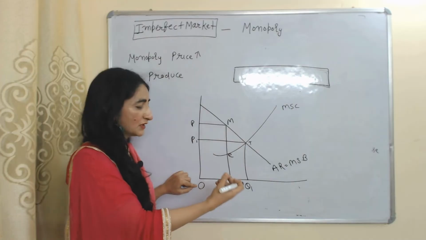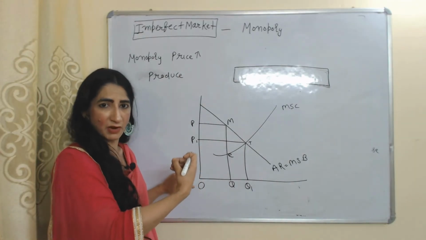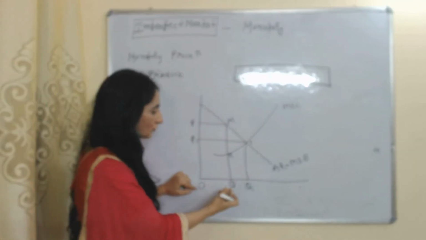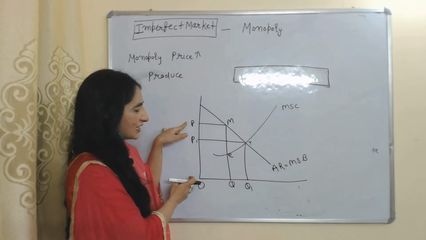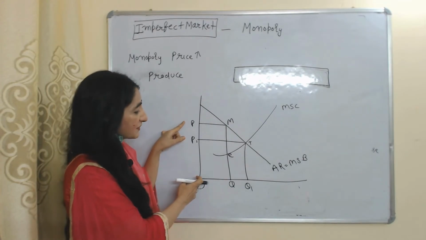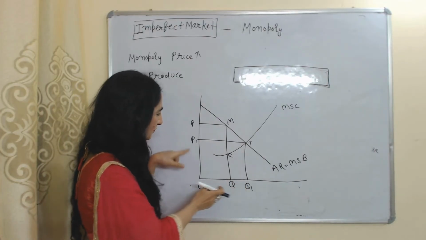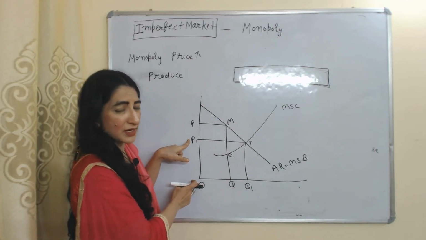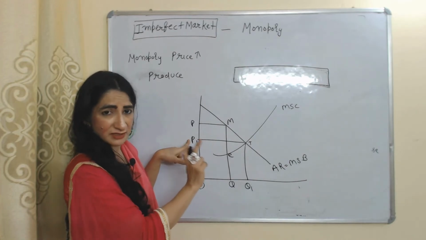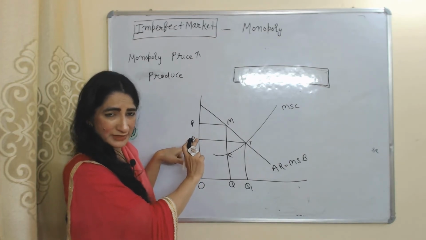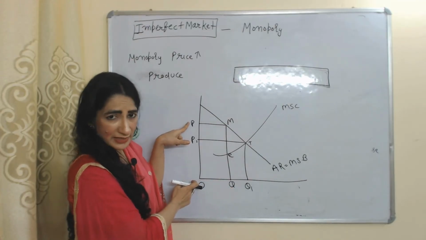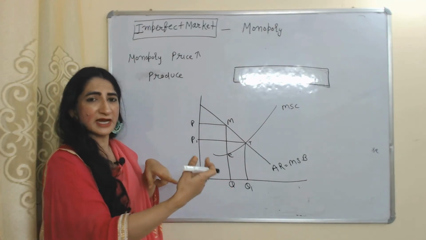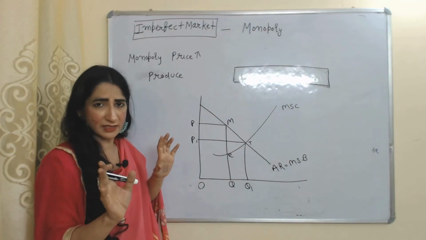But monopoly produce less amount of output. Monopoly produce only OQ amount of output and charge a higher price, OP1. You can see at OQ amount of output prices are less, OP1, but monopoly don't charge this level of prices. Monopoly produce less and charge higher prices. So if monopoly is charging higher prices, that means our market will fail.